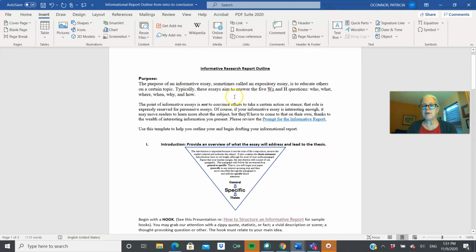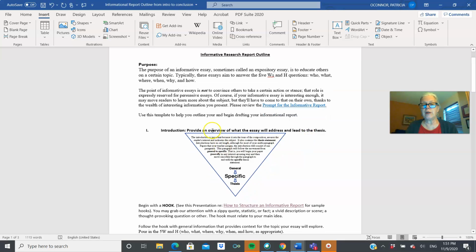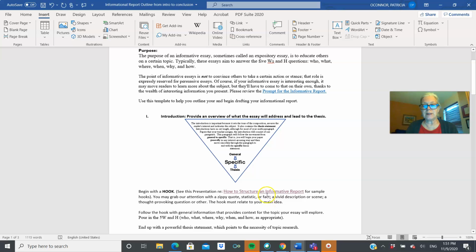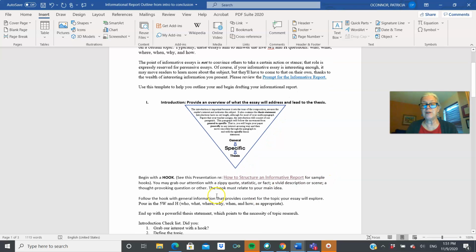So the purpose of an informative essay, as you know, is to inform, right? So you get the background, review the prompt. You're going to write a draft of an introduction. You will want to look at how to structure an informative report, because you want to begin with a hook. A hook is an